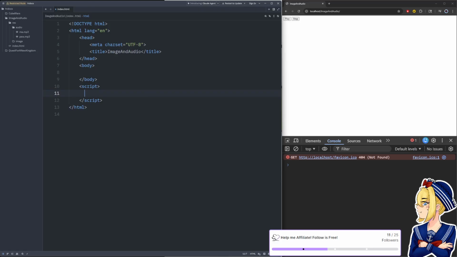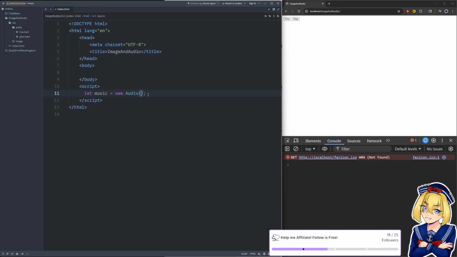All right, so we're gonna make a variable. We're gonna say let music equal new Audio. So Audio is a class that's already defined by the JavaScript in your browser.